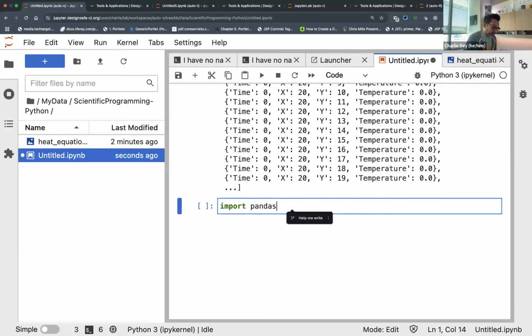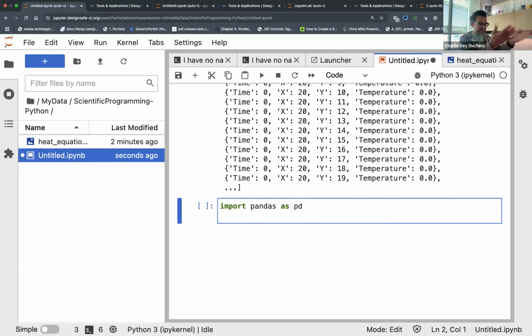So what Pandas allows us to do is some data analysis. I'm going to go ahead and import Pandas now, just to show you how simple it is to make this record into a CSV file. The heart of Pandas is this thing called a data frame. All a data frame really is, is a data table, right? So I can say